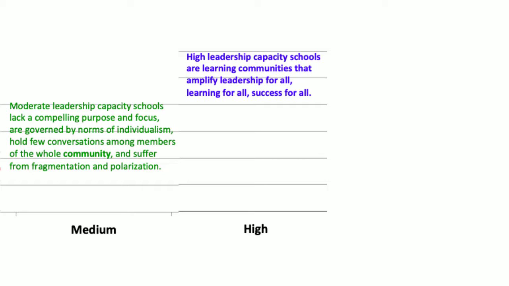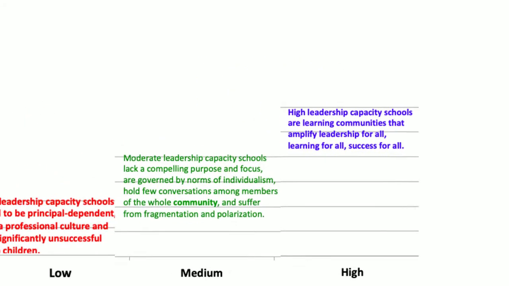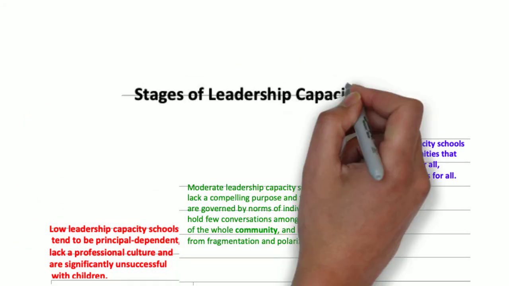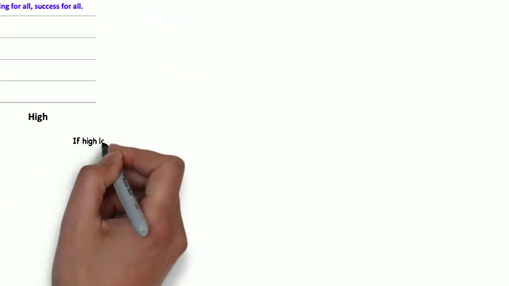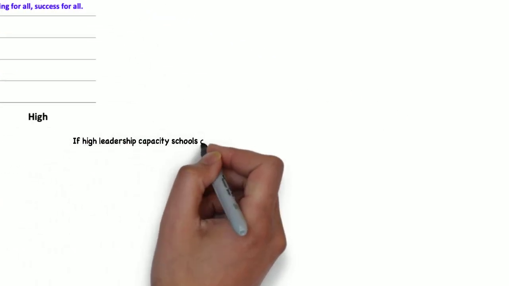I'd like you to critically interrogate these concepts that she created, and I also want you to reflect on this. In your experience in educational institutions or in the organizations that you are a part of, do you see these stages of leadership capacity existing? Low leadership capacity, moderate leadership capacity, and high leadership capacity? Furthermore, do you think that these categories are still applicable in today's society, knowing that this was written about 20